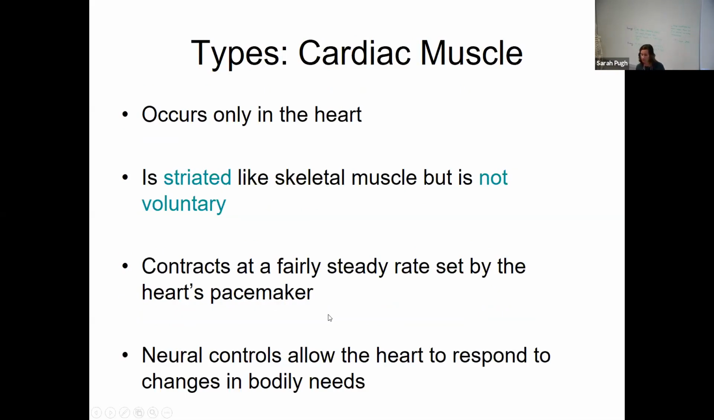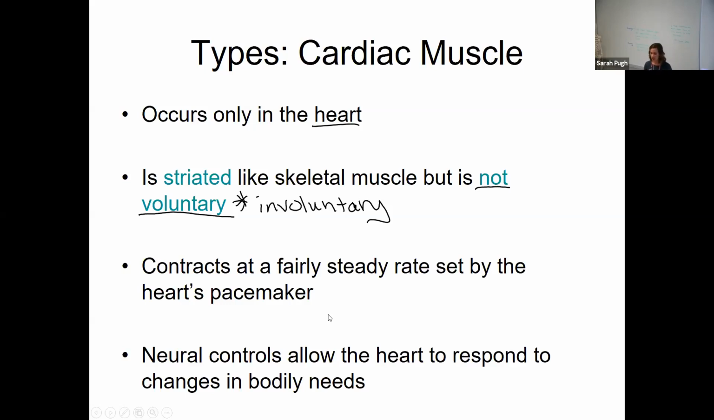Now, cardiac muscle, again, we only find this in our heart. It is striated, so it does have those little striations, but one big difference compared to skeletal muscle is that it is not voluntary, right? It's involuntary. It is not under conscious control. And it contracts at a very steady rate, and the pace of your heart contraction is set by